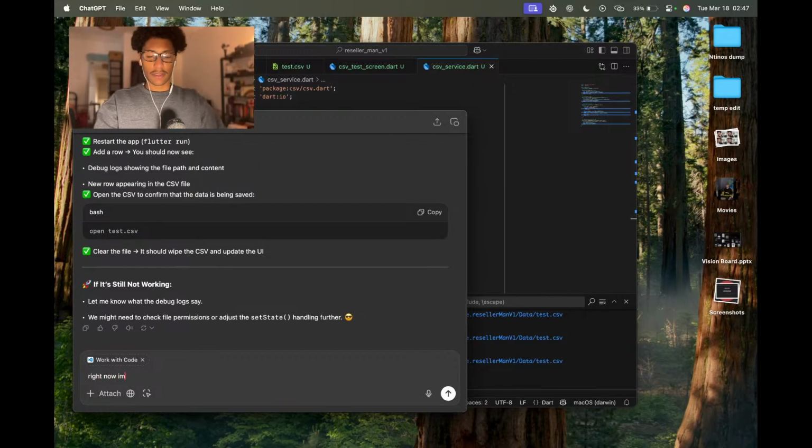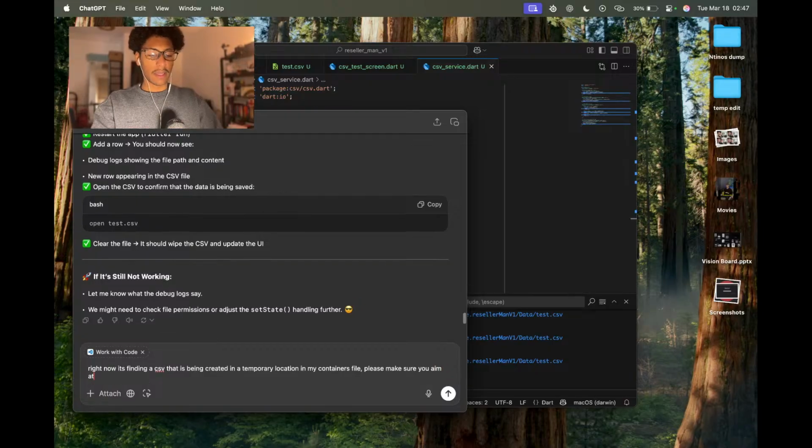Right now it's finding a CSV that is being created in a temporary containers file. Please make sure you aim at the test.csv file found inside the